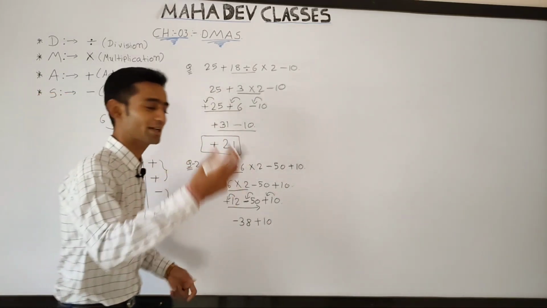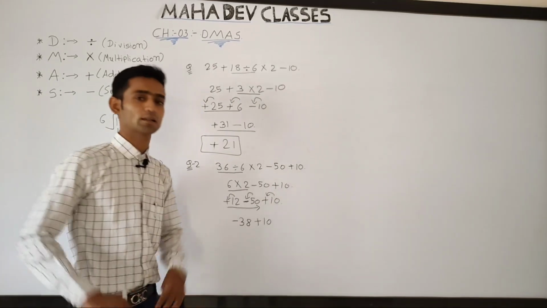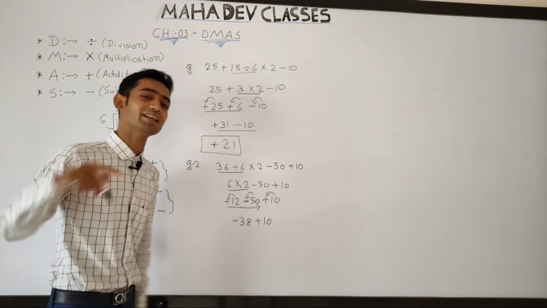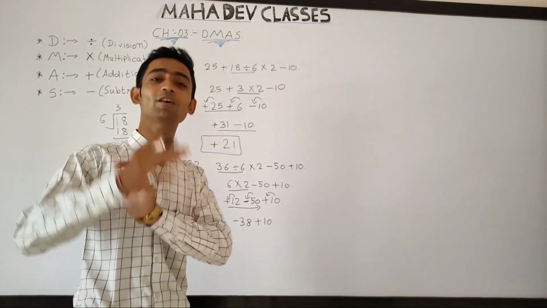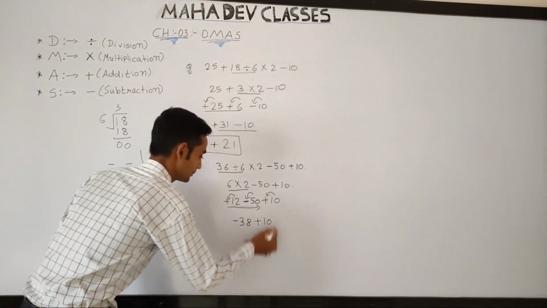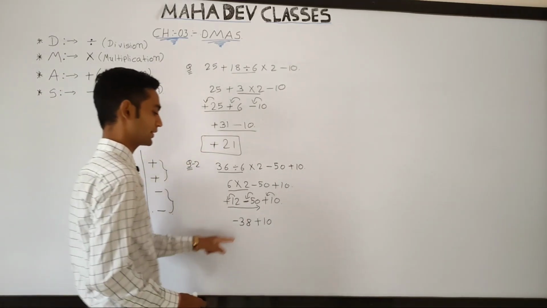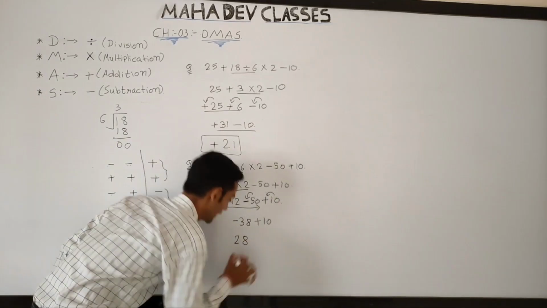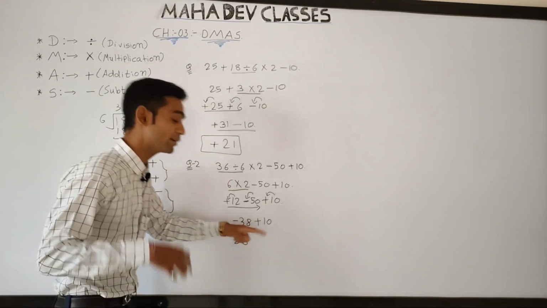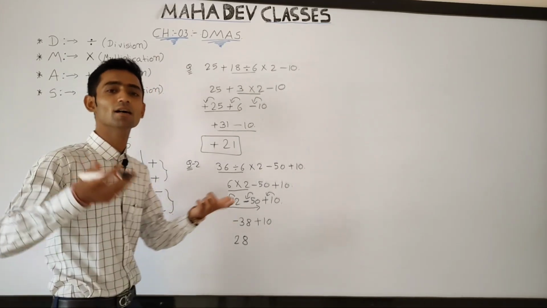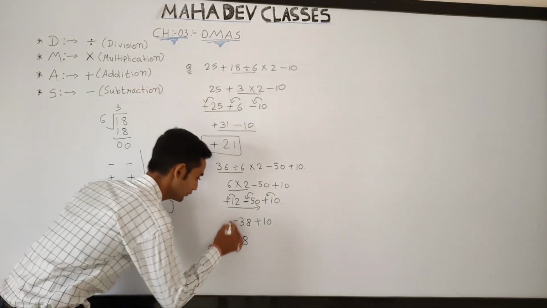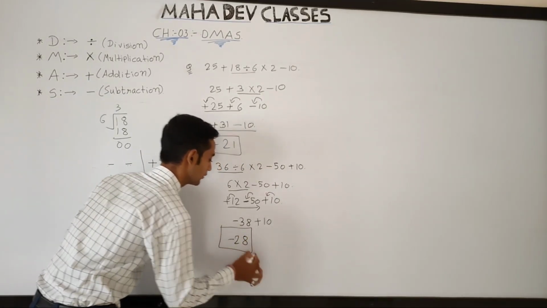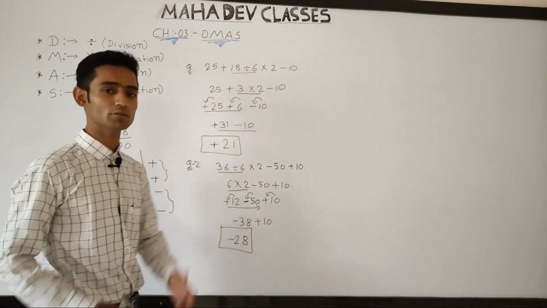Okay, now again do that same process. See, minus plus, there is a different symbol, then you have to do the process of subtraction, and in the resulting answer you have to put the symbol of the bigger number. Okay, now we simply do subtraction. 38 minus 10, you will get 28. And which one is the bigger one, 38 or 10? Obviously 38 is the bigger one, then you have to put the symbol of that bigger one, meaning minus. Okay, so this is the answer of our given simplification question.